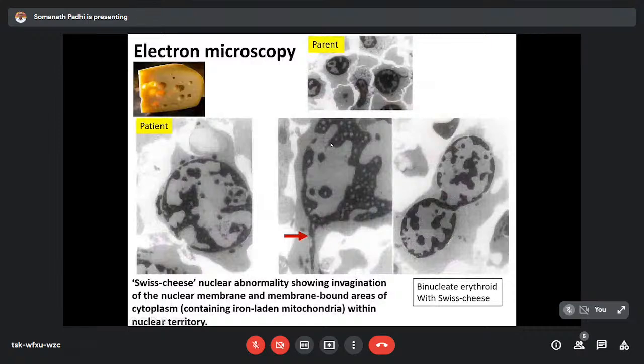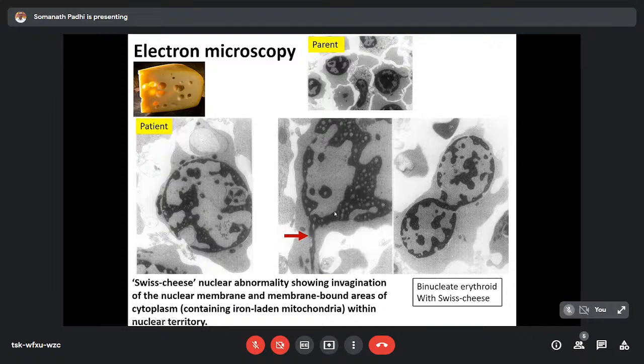So this is the parent of a child with CDA type 1. As you can see here, these are the normal erythroids, and these normal erythroids have a smooth nuclear membrane. The dark area is mostly the euchromatin, and the lighter, electron lucent area is the heterochromatin, and there is no abnormality to the nuclear membrane of this parent. You can see there is a single nuclear pore here, and none of the erythroids in the parent had any abnormality,